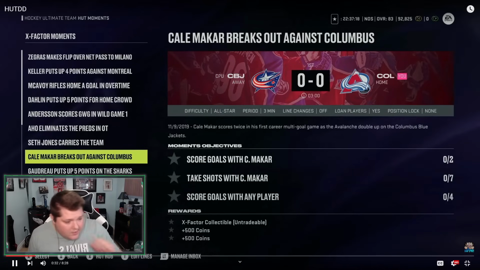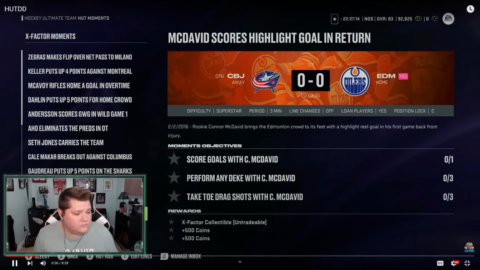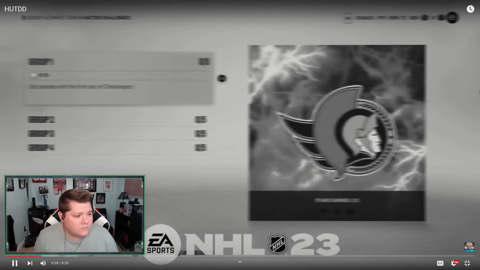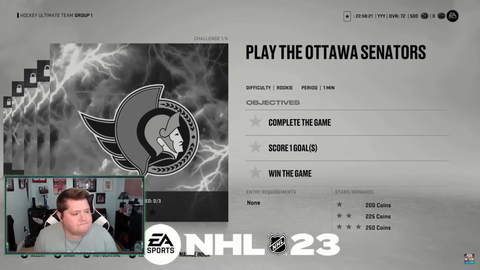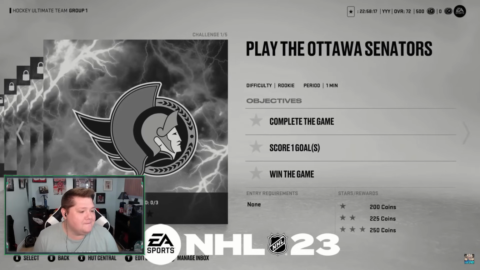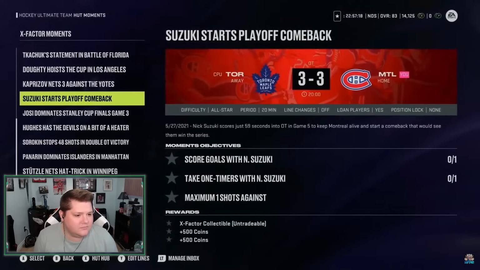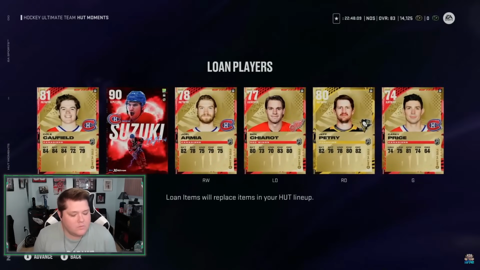In hockey history, as well as complete moments that happened during this upcoming season. Now, Hut Moments will be replacing the offline Hut Challenges from past games. In Hut Challenges, you were limited to a vague set of objectives to complete against a set roster in the game. In Hut Moments, you will be dropped into a specific time and scenario with customized...